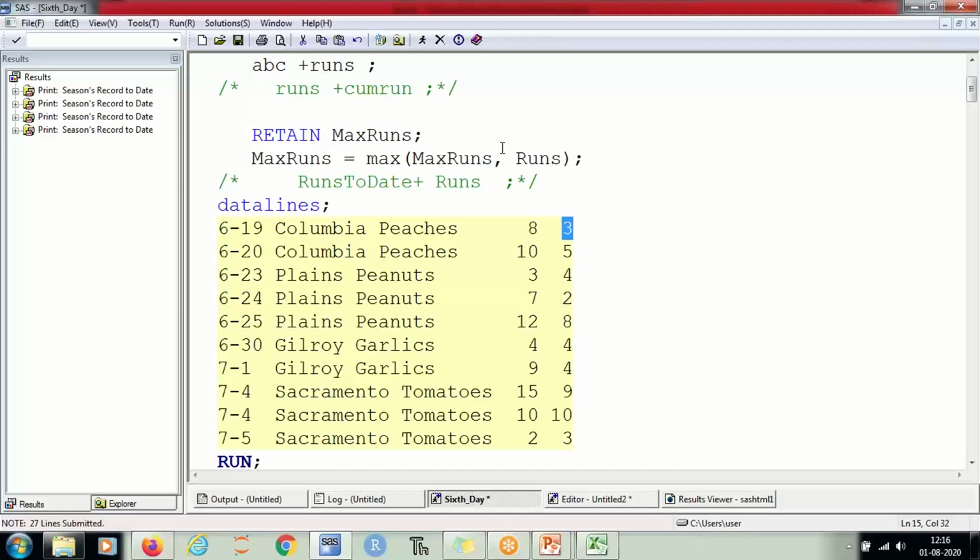Max run is equal to maximum of missing comma runs, that is missing comma 3, and the value assigned to the max run column is 3. This will be retained in the next iteration, and in this current iteration, max run is equal to maximum of 3 comma 5. So the 5 will be assigned to max run and it will be retained in the next iteration. In the next iteration, you are retaining the value 5. So maximum of 5 comma current run, which is 4. This will again return you the 5, right? Like this.